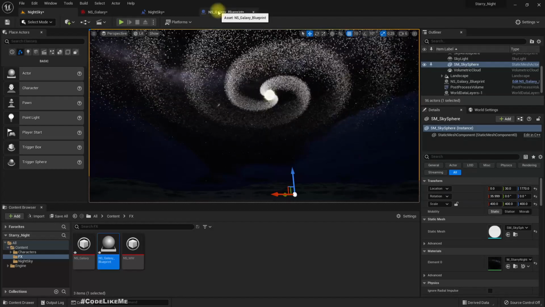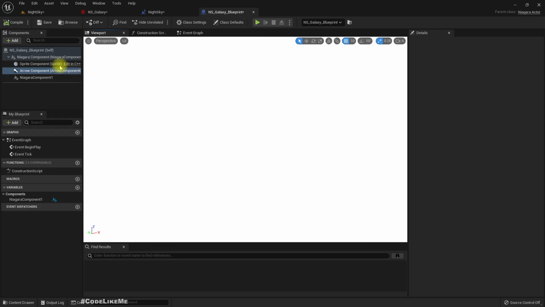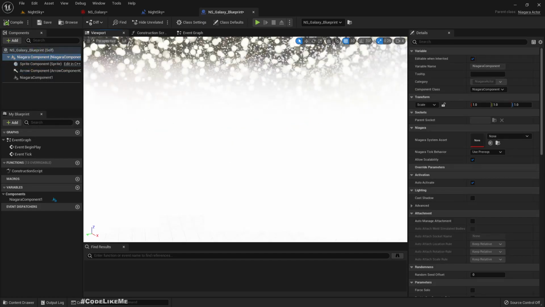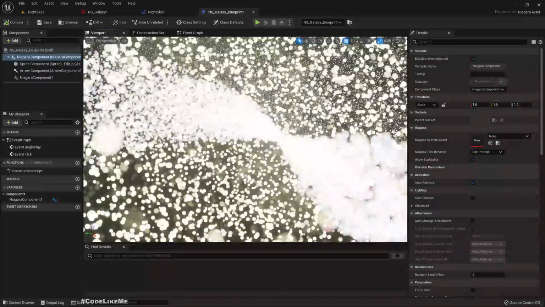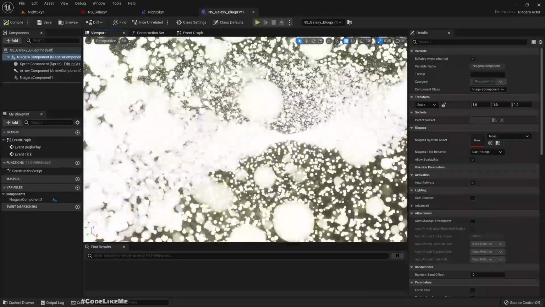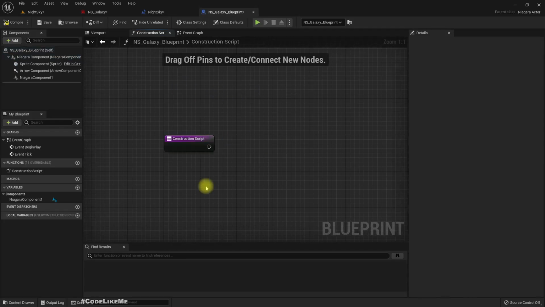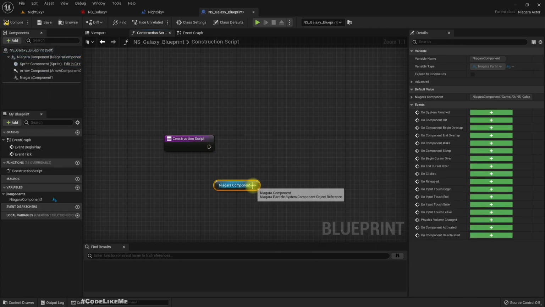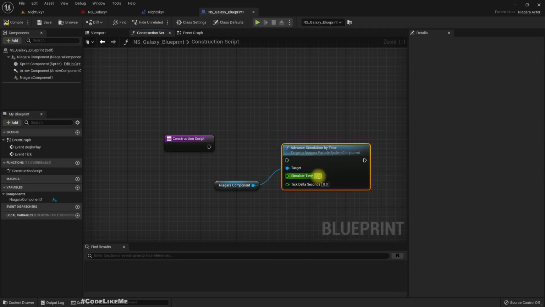Okay, so here let me go to construction script and set get this Niagara component and set advanced simulation by time